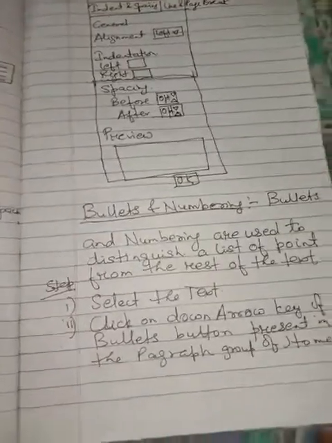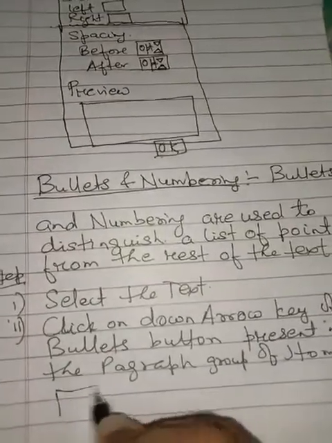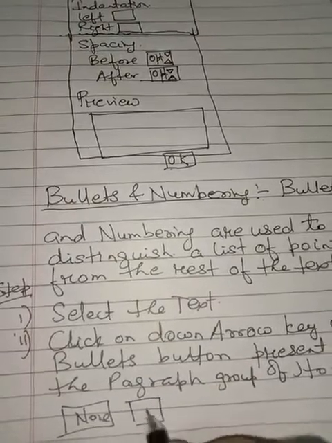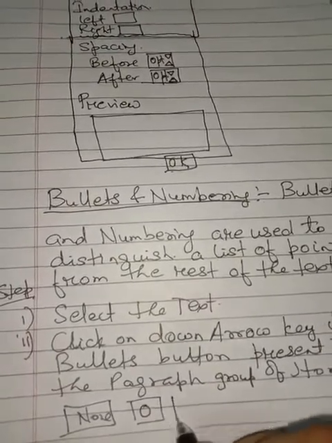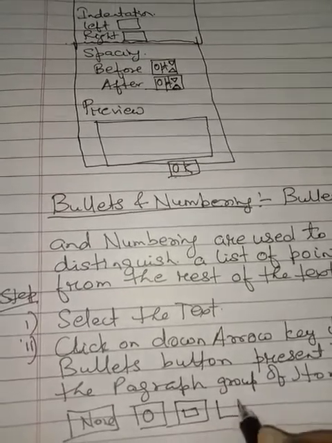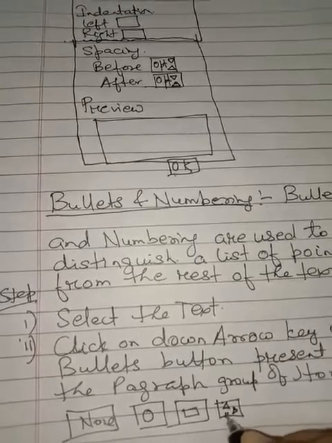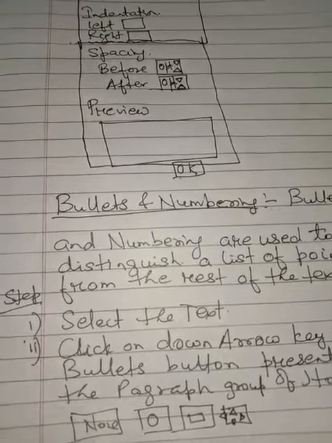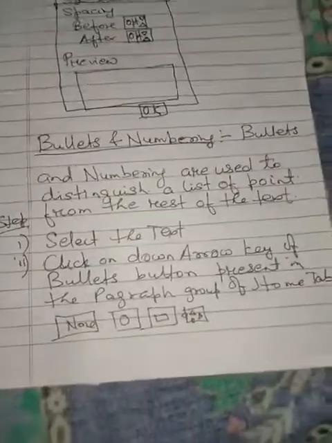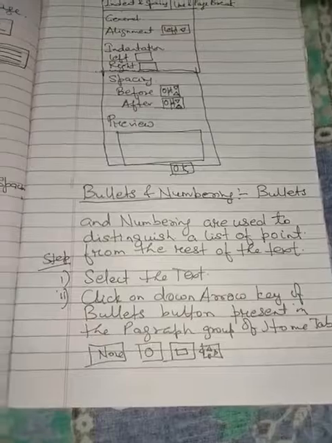Then we will have the different types of bullets over here. The first option will be none. The second will be in the form of a circle. The third will be in the form of a square. The fourth will be in the form of, say, arrows on 4 different sides. So we can select the text and then click on any of these bullet options that we want. We can select the desired bullet option from these options.